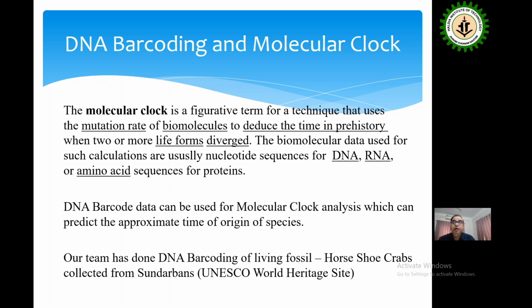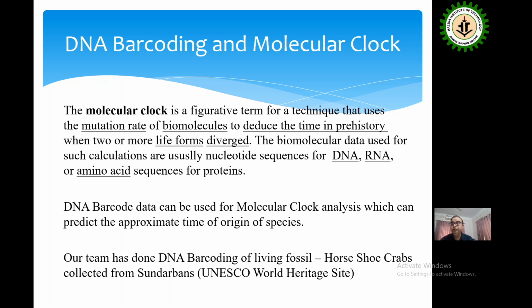DNA barcoding and molecular clock. What is molecular clock? The molecular clock is a figurative term for a technique that uses the mutation rate of biomolecules. Here we will discuss DNA. So DNA barcode data can be used for molecular clock analysis, which can predict the approximate time of origin of